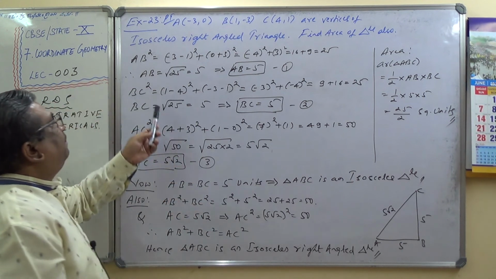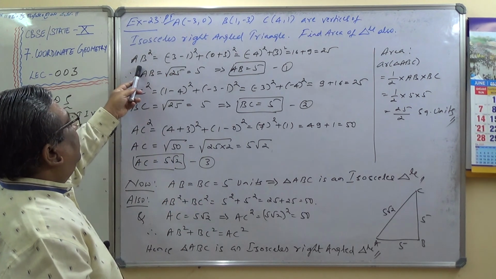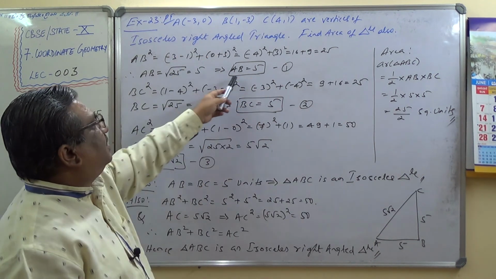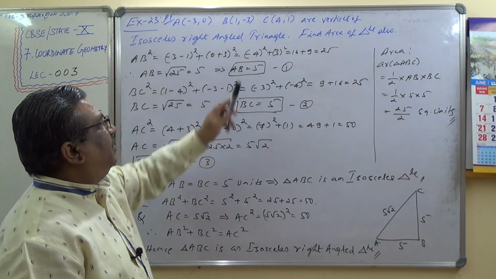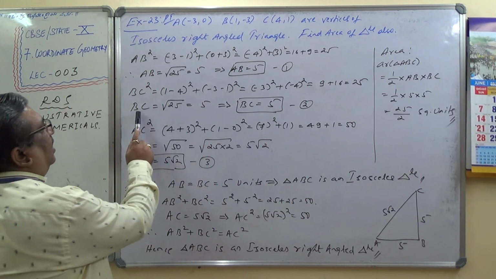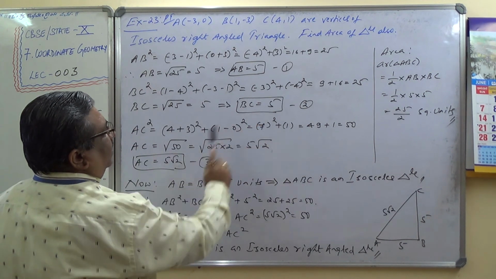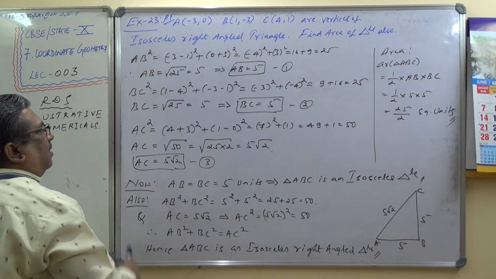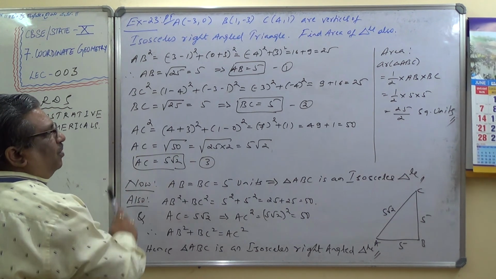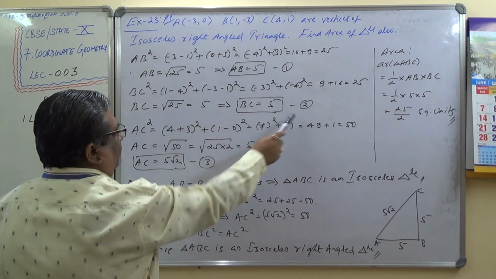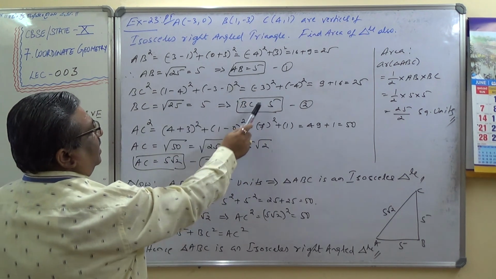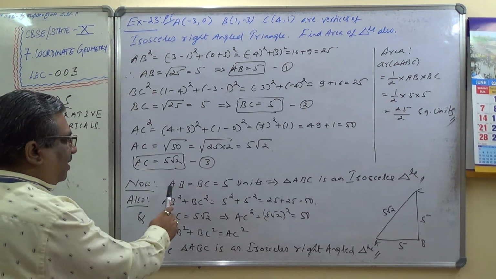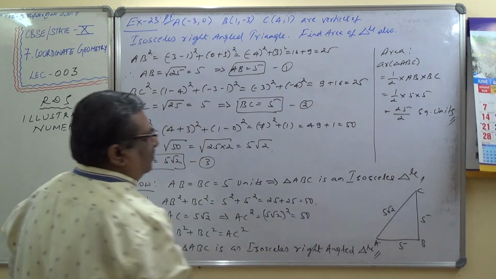Okay. So let us find out the sides. AB square is equal to, by substitution, you get 25. So AB equals under root of 25, which is 5 units. Similarly, I have already worked out BC is equal to 5 units. So AB is 5 units, BC is 5 units, you can check that. And AC also I have worked out, which is 5 root 2 units. So from 1, 2 and 3, AB equals BC equals 5 units, and therefore two sides are equal, hence it is an isosceles triangle. So I have written that statement here. ABC is an isosceles triangle.